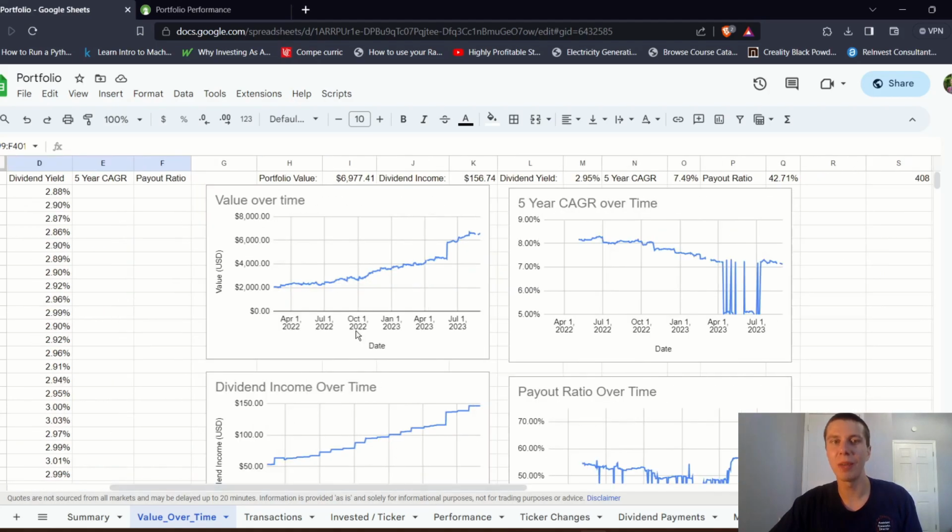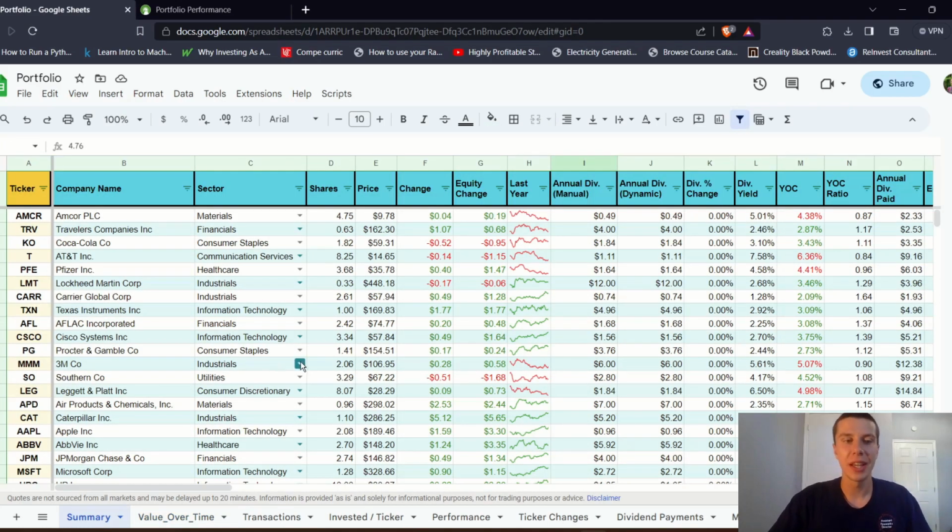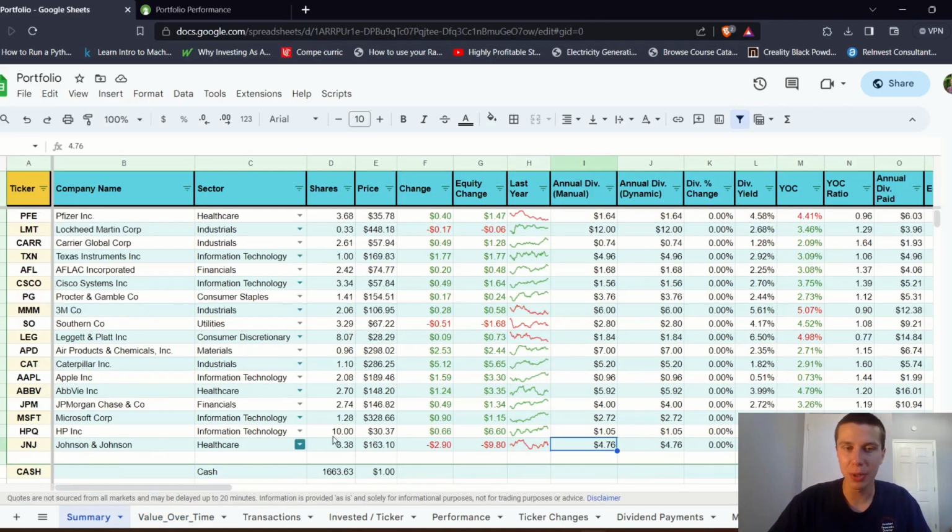It just keeps plotting upward, almost at $7,000 portfolio value, and then we'll be close to $8,000 after that. And dividend income is just going steadily up, and we can see from the 5-year dividend CAGR that it hasn't been going down all that much in the past few months, which I like to see. And as we'll look at in a second here, the purchase of HP definitely helps increase that dividend CAGR as well. So we can look at this summary tab to see the changes with that HP purchase,